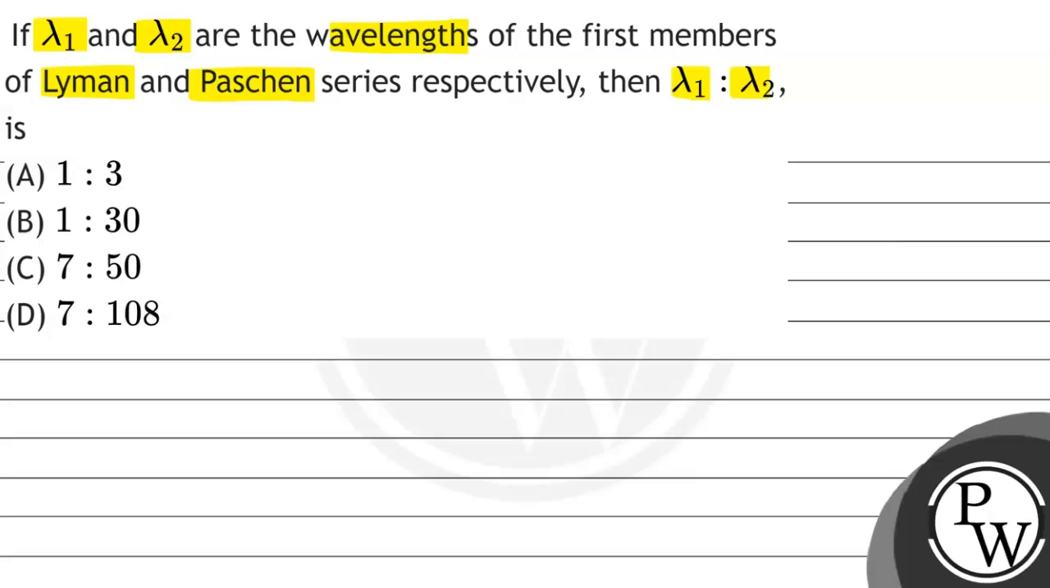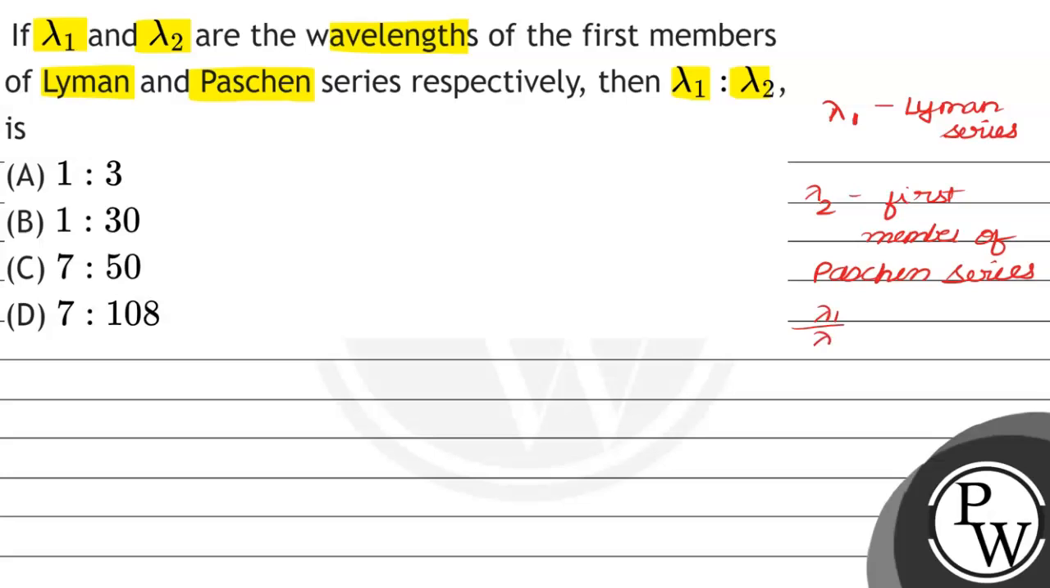So students, in this question we are told that lambda 1 represents the first member of Lyman series and lambda 2 represents the first member of Paschen series. Then we have to find the value of lambda 1 upon lambda 2. For that, please note the key concept of this question,